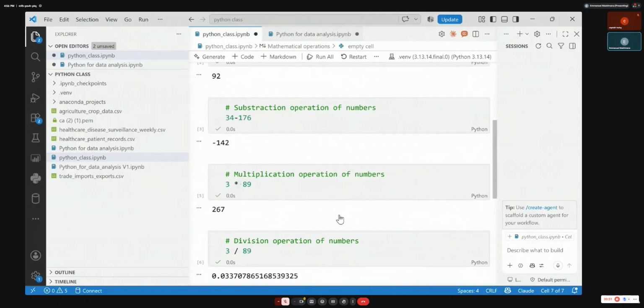There are so many mathematical operations that you can run inside Python. We have modulus. Logarithmic function. Who knows logarithm?